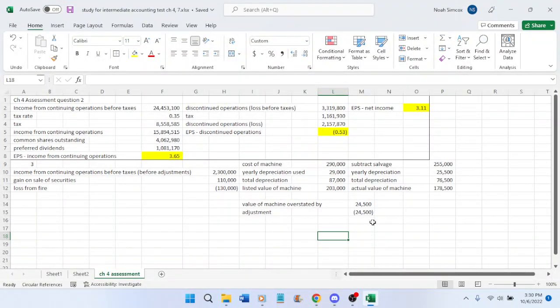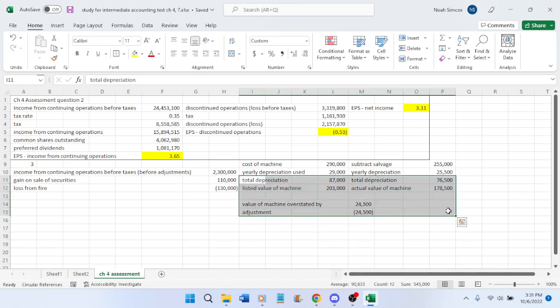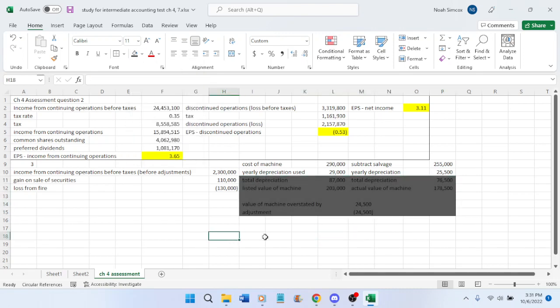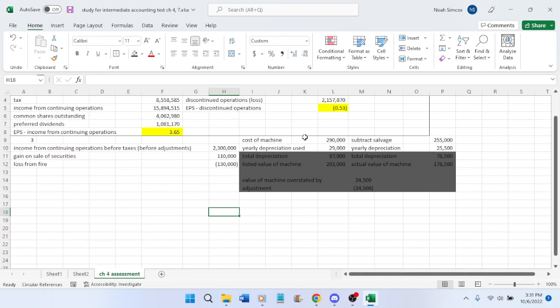Wait, never mind. Oh, I did this wrong. You know what I did? I overthought the question. It was completely useless to do all this stuff. All I had to do was yearly depreciation used and yearly depreciation. So the only adjustment I need to make,